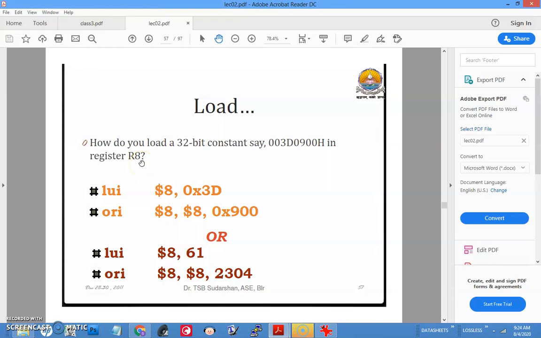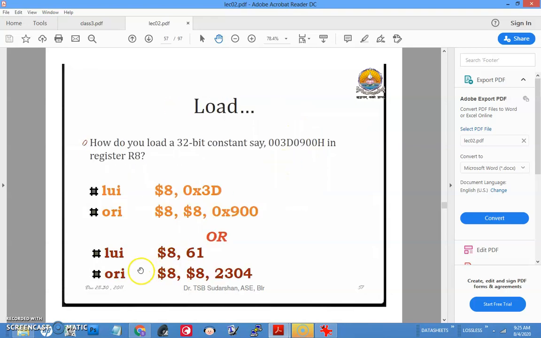How are we going to do it? There is no single instruction which can do this, so we need to operate with the help of available instructions to achieve it. First we will do load upper immediate into $A. That is upper immediate. What is the upper part of this? 3D. 3D will be loaded to the upper part. To that you are ORing 9000. So 3D, when bitwise ORed with this value, you get this value. You can try it on paper and verify.